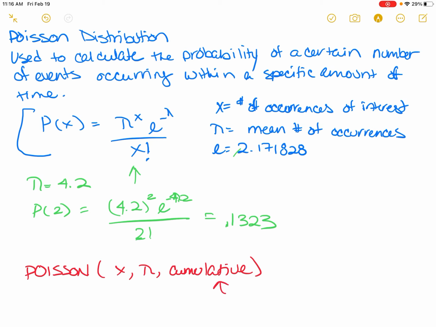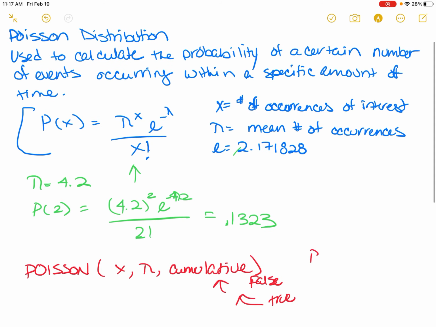Let's talk about this cumulative again. If the cumulative is false, I'm asking you for just this one instance. If it's true, then I'm asking you for multiple instances. So if it's true, and I said, what's the probability that Brian loses 4 balls,